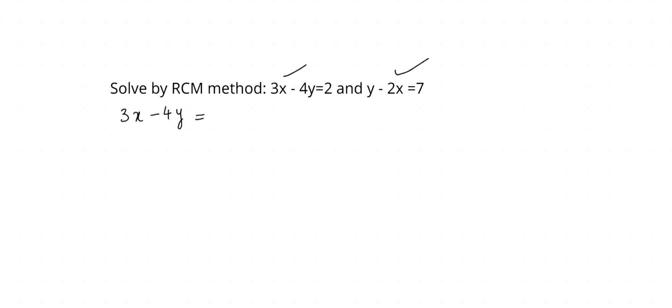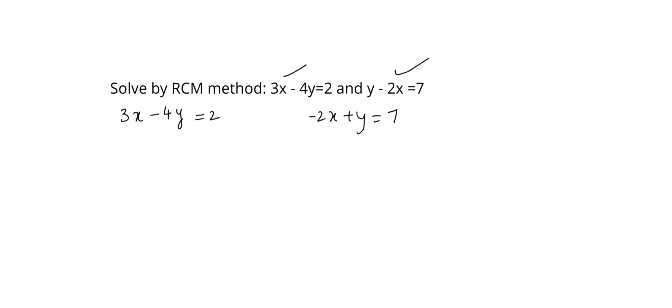Y minus 2x, I need to make it as minus 2x plus y is equal to 7. So be very careful here. You see, I have put y minus 2x, so you need to get that order right. First x, then y, and then there's a constant. So even if it is jumbled, see that the order is correct because it is very important, especially for the RCM